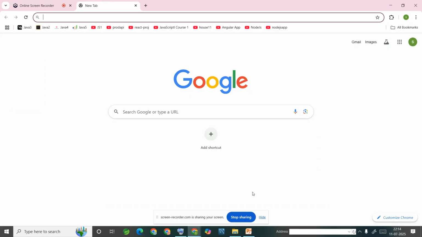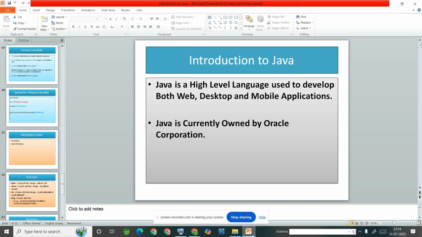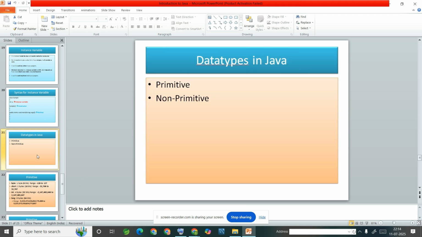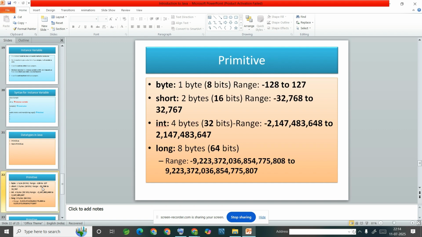Hi, today in this video we will see data types in Java. The data types are two major types, primitive and non-primitive. Primitive we have eight types: